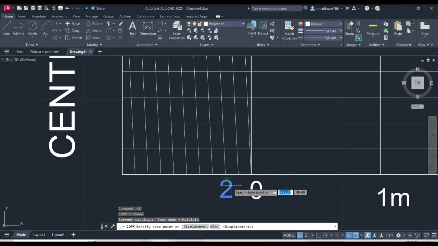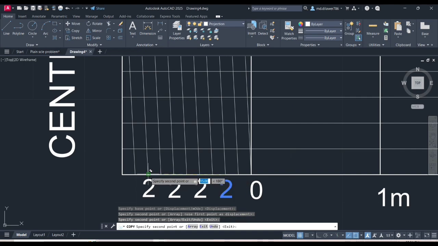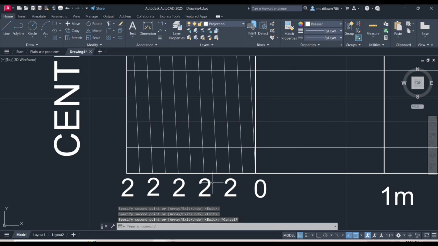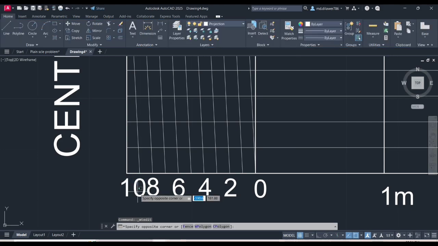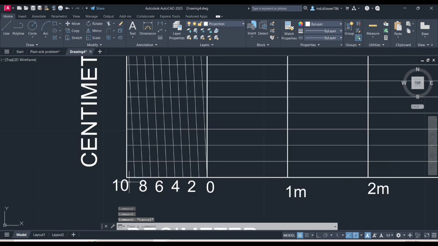Simply you can use the copy command. The particular point you are going to copy and paste. Just paste alternate points on the alternate points. After that you can rename this. This is 2, second, this is 4th, this will be 6th, 8 and 10. Okay, right? Similarly here